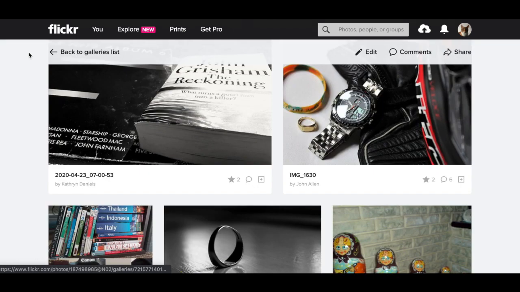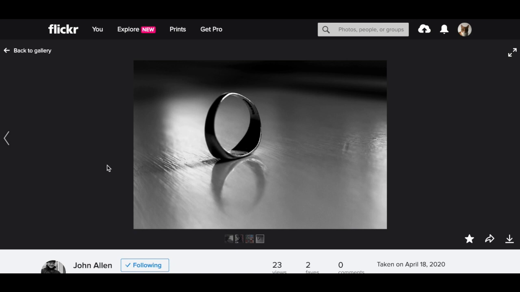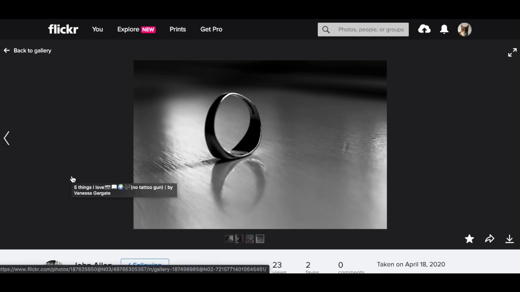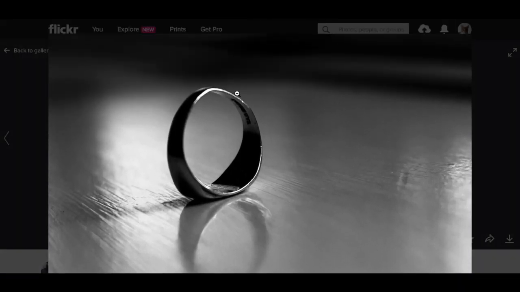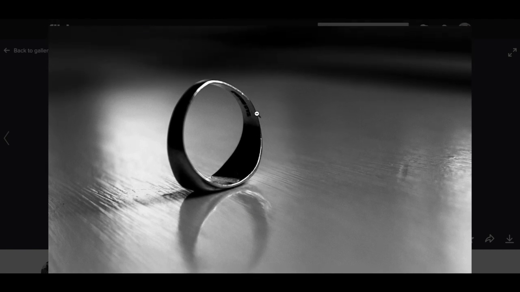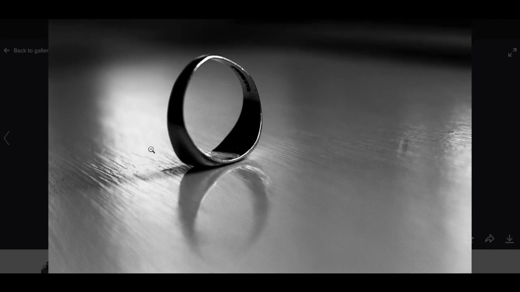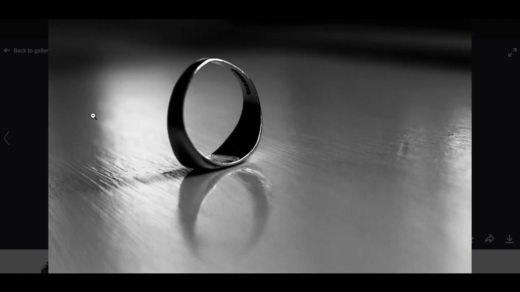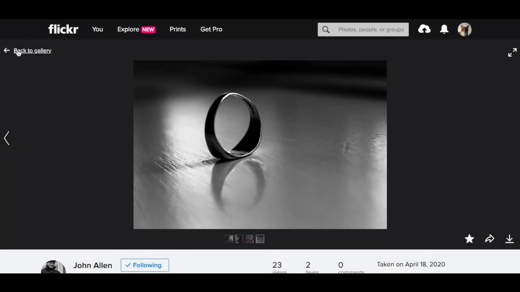Tempting. Back to gallery. The last two, I just pulled this one out because, as I'd said, I'd asked for individual objects of stuff that you'd taken to build up these montages, and this one was John's, and again I just really liked this. Black and white, really well lit, lovely detail on the way that the light's forming that band on the ring, and I love the reflection as well, the lines that draw you through, and that lovely depth of field there. Really nice shot.